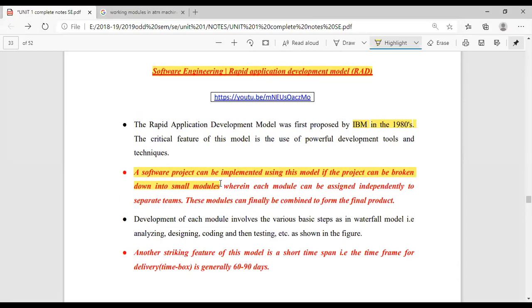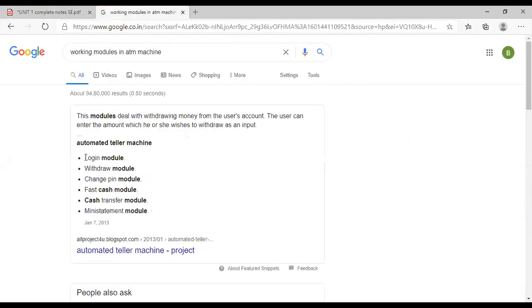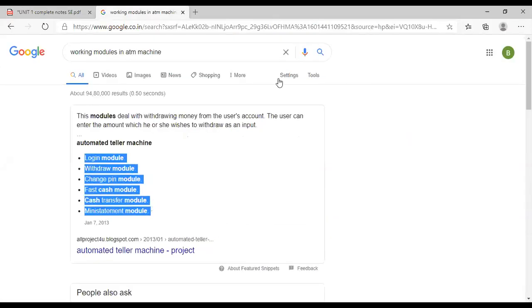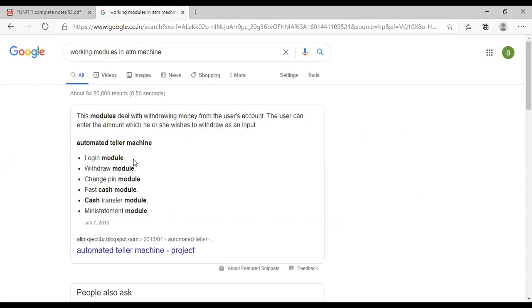After dividing the software into modules, each module is assigned independently to separate teams. For example, here we have 6 modules. First you take all the requirements and decide how many modules there are. Then you give each module to another team.